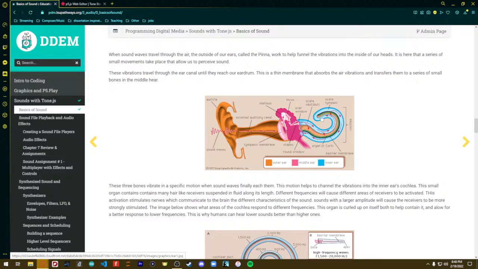things down further on this, the ones down on this end. Lower frequencies can vibrate the ones closer to the beginning, and so on. And as these vibrate, they stimulate different nerves that then go to our brain. And this is what lets us be able to tell different sound frequencies. And again, louder volume, more stimulation, so our brains can respond to it, and the brain is what's interpreting everything